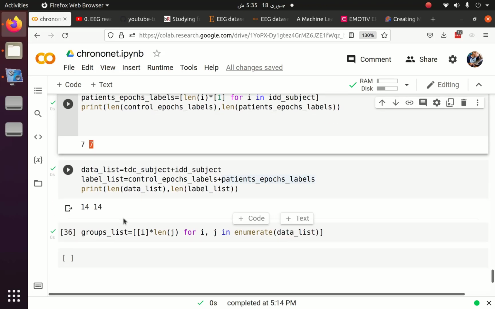Why I have created the group is that there are a total of 14 subjects. For each subject, I want to assign a group. For example, the first subject in the dataset is assigned group 0 because indexing in Python starts from 0, and the 14th subject in this dataset is assigned group 13. So when I do this splitting, I want the splitting based on this group, or based on the subject, instead